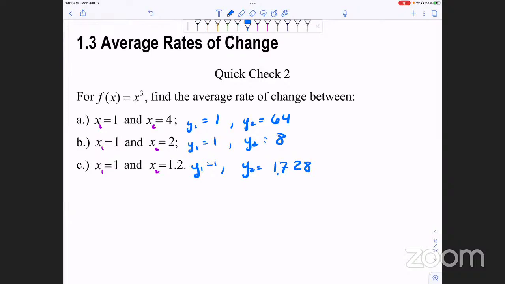So now we got an x1 and y1 for each part. Then the average rate of change is just the slope, right? So I'm just going to put that here. Let me call it M average, the average rate of change. I'm just saying y2 minus y1 over x2 minus x1, right? That's what we're going to do. So then for part A,